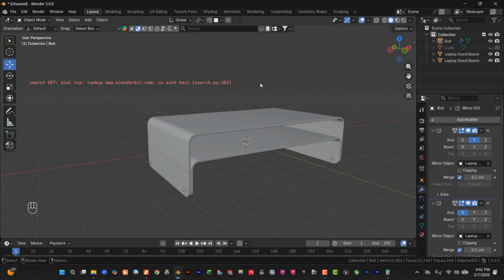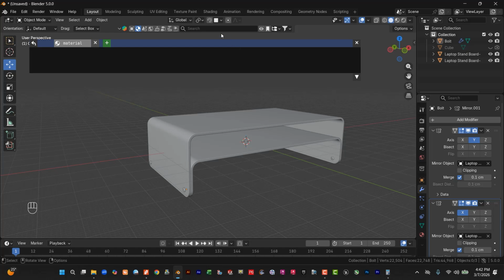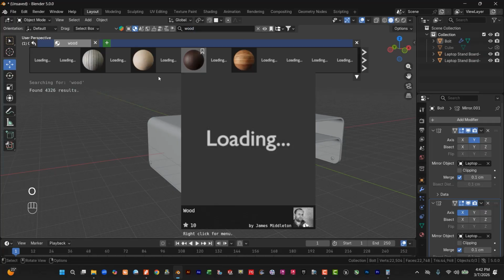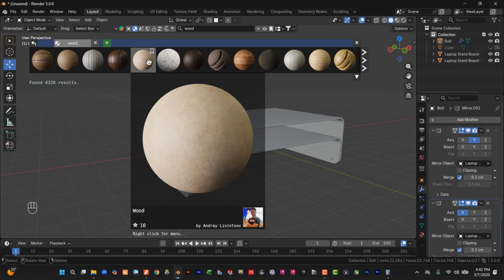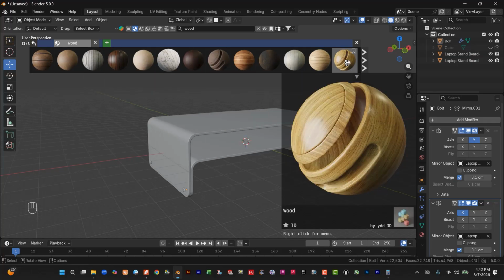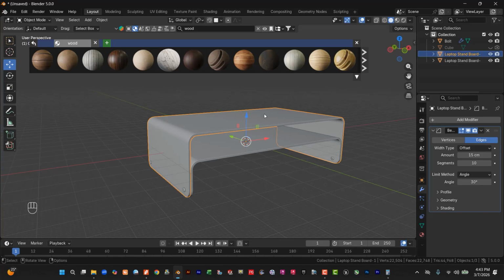So now we have to apply the material. First of all we go to the BlenderKit material. This is an add-on, you can download it from our website. So I will select the wood. Here some wood options are showing, but I have to search for some specific wood only. Based on our model, this is okay now because it looks very realistic, and based on our profile it looks good. So I will select this one,